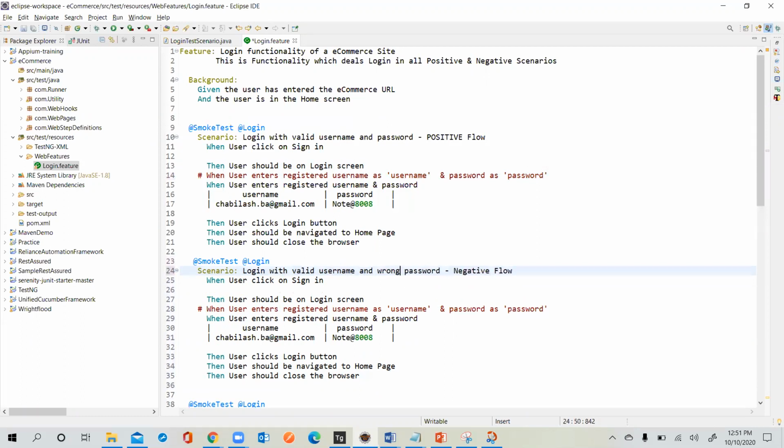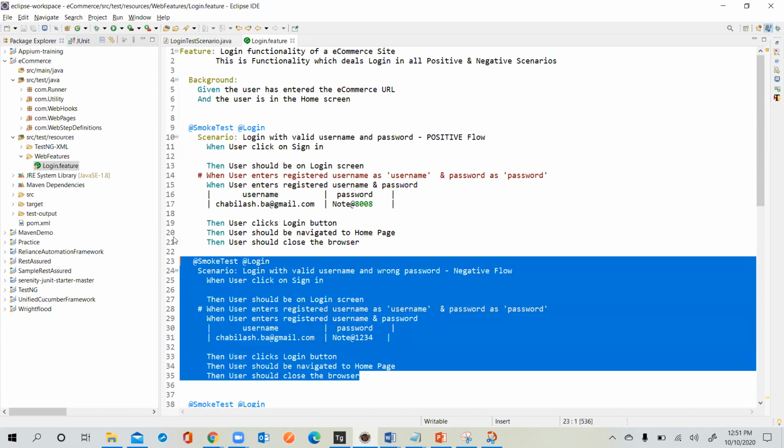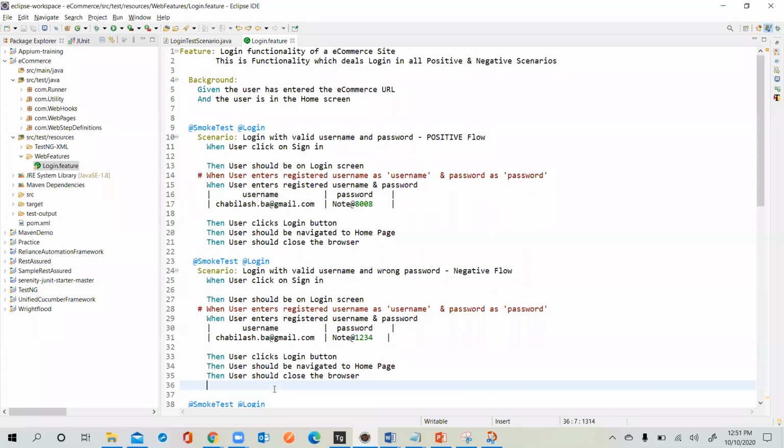This is how we write the wrong password, and then you go to your password and give the wrong password. That's it. Now you wanted to write another scenario. Copy that, paste it, and say wrong username and right password.